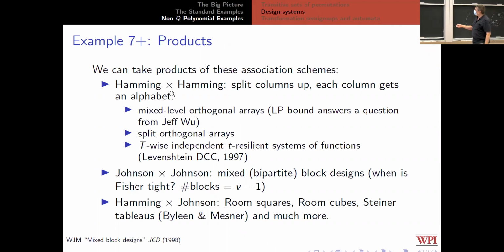We can take products of Hamming with Hamming schemes, and then you get split orthogonal arrays, mixed level orthogonal arrays. A guy named Jeff Wu asked me a long time ago to come up with a linear programming bound for mixed level orthogonal arrays. And when I did, I wrote to an expert, and the expert said, oh, I just got the same result last week. So I credited him in my paper, and he didn't mention me in his paper. Okay,